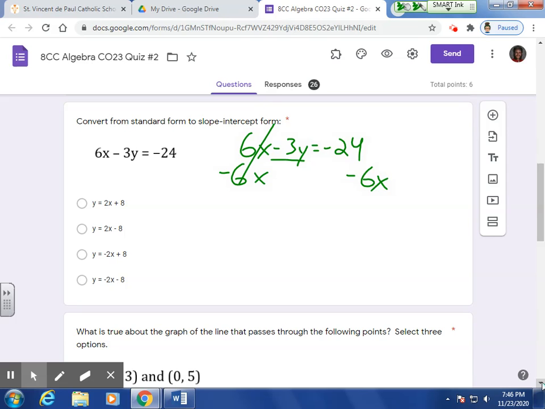subtracted them all. But anyway, subtract 6x, we get that negative 3y, and on the right side, negative 6x minus 24. Both of them have that negative sign, and so it's written as negative 6x minus 24. Not minus negative 24, right? Because that actually means addition. Negative 6x minus 24. Now, when we divide by negative 3,